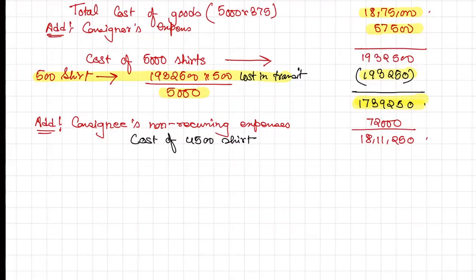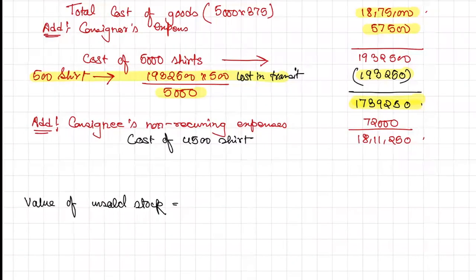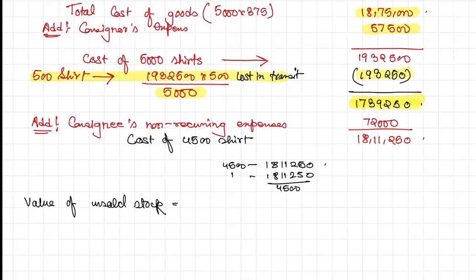अब देखिए मैं कह रहा हूं वैल्यू ऑफ अनसोल्ड स्टॉक, जो हमने पिछले दिन किया था, क्या किया था? देखिए ऐसे समझिए, 4,500 शर्ट्स की कीमत 18,11,250 रुपए थी। एक शर्ट की कीमत 18,11,250 बाई 4,500, देन फॉर 500 शर्ट्स विच आर लेफ्ट की कीमत क्या हो जाएगी? इंटू 500, करेक्ट। एंड दिस इज व्हाट वैल्यू ऑफ अनसोल्ड स्टॉक, यही होता,